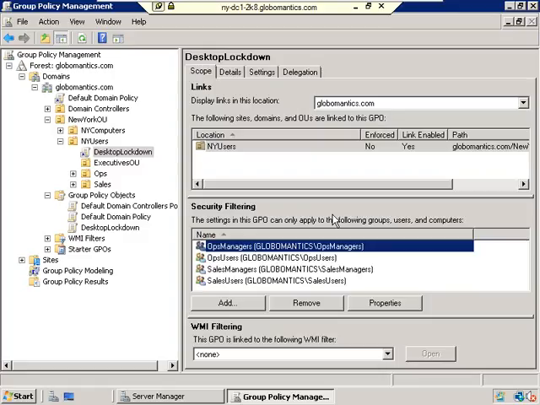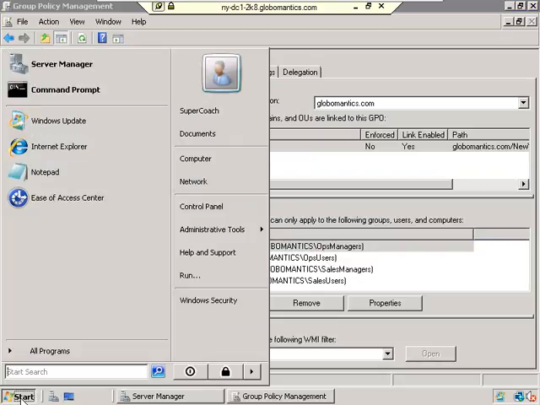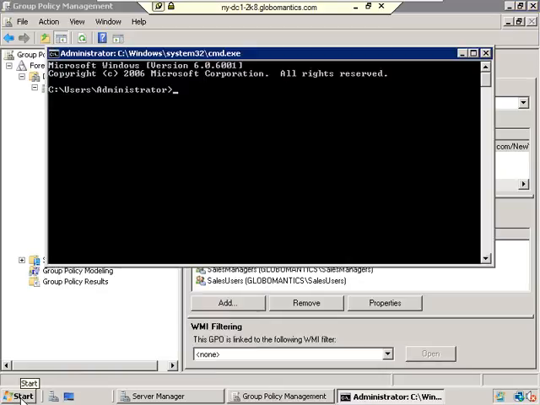Now we need to go over and test to see if Hank can actually do anything with his desktop. But before we do that, there's two things that we need to do first. First of all, we need to make sure that we push down this updated group policy to all of our computers. So let's go to the Start menu, and let's do a CMD to bring up the command prompt. And we're going to do a gpupdate /force, so that the Client 2 machine that we're going to be testing this out on